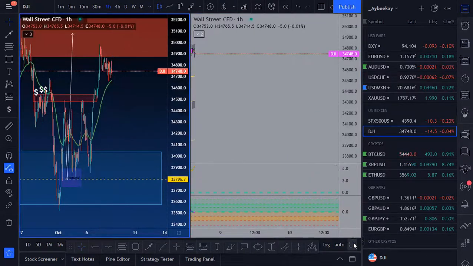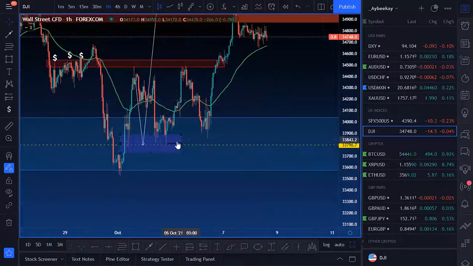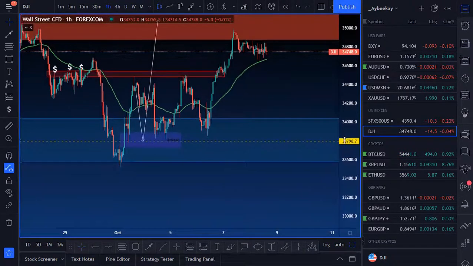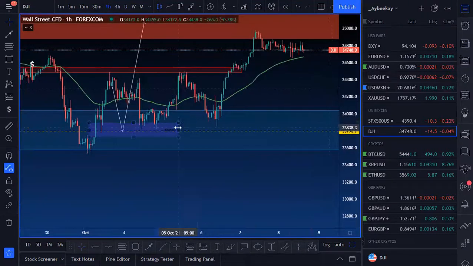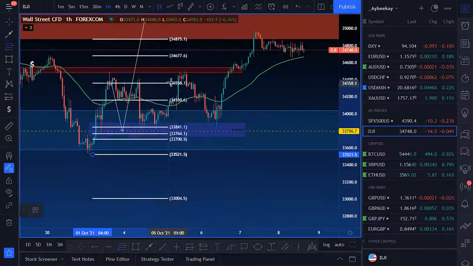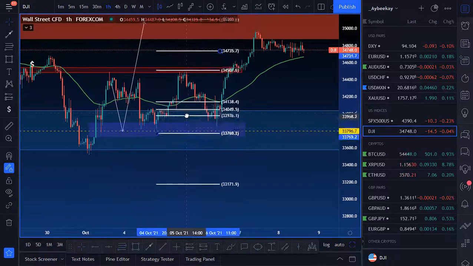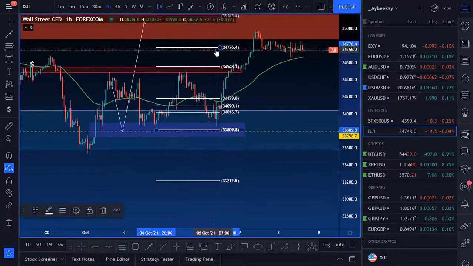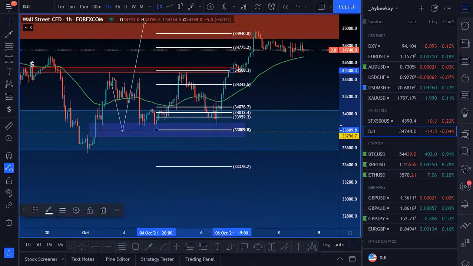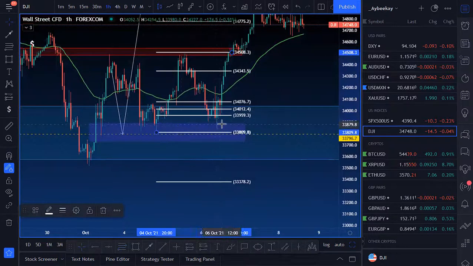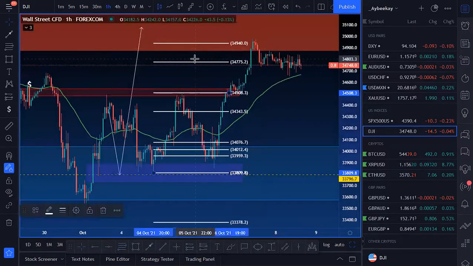Going over to US 30 as well. Same thing, guys. I wanted it to come down to 33796.7. I never did, but it did come into my demand zone and it held pretty nicely. So I'll show you from this low to this high. Right there. Price never came down to that low, but I managed to get into a trade because I'm like, okay, price from that low to this high, coming back into this demand zone, I'm not going to let this up. Took it to the upside, skyrocketing.